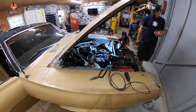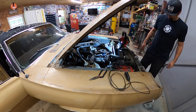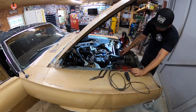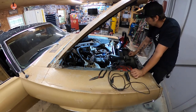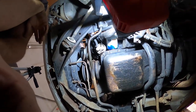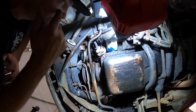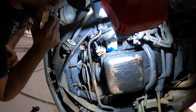All right, spark good. So I'm chomping at the bit here. I've got to get up underneath this thing and see what's going on with this fuel pump. All right, you guys see the pump. All you have to do is break the side coming from the fuel tank